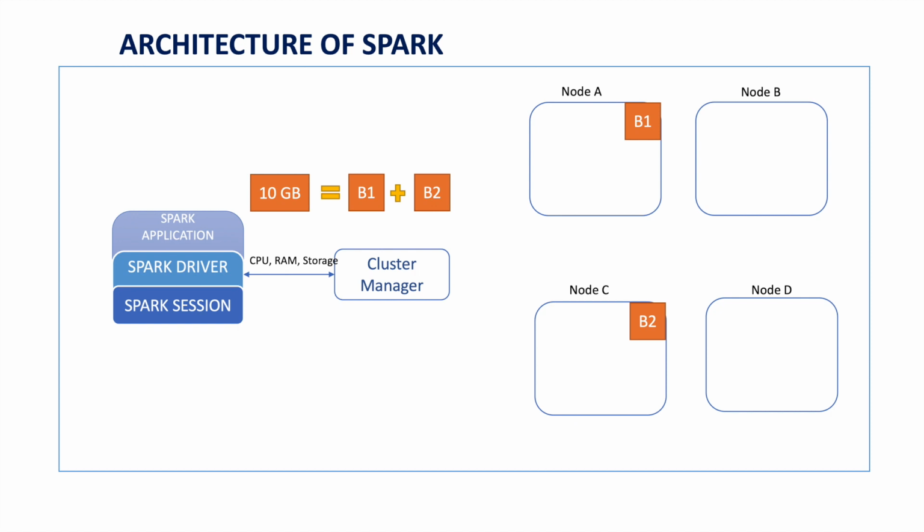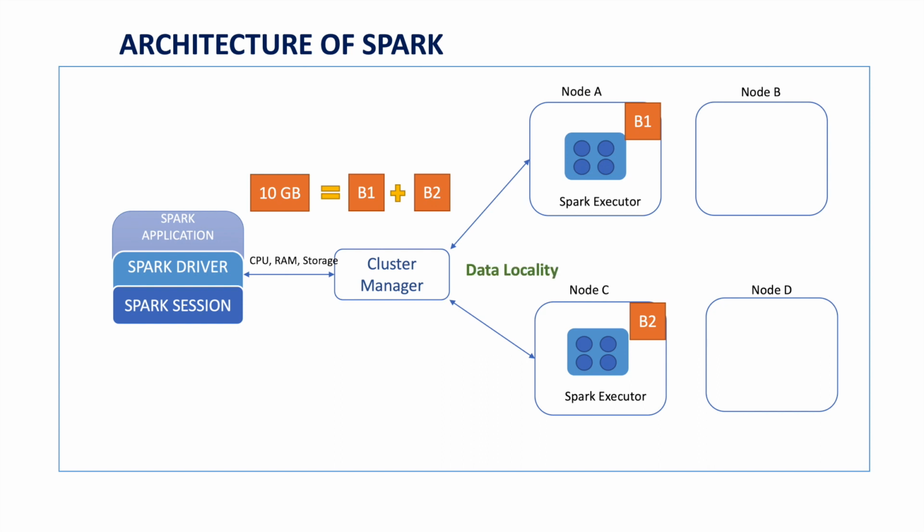Based on the data locality principle, the cluster manager will look at the nodes where the data is present or the nodes which are closer to the data, and it will start the executors in those nodes. In this case, node A and node C are the nodes where we have our data blocks, and the cluster manager will be starting the executors in node A and node C. All of this happens based on the data locality principle. Once the Spark executors are started in the nodes, the Spark executors will be directly communicating with the Spark driver